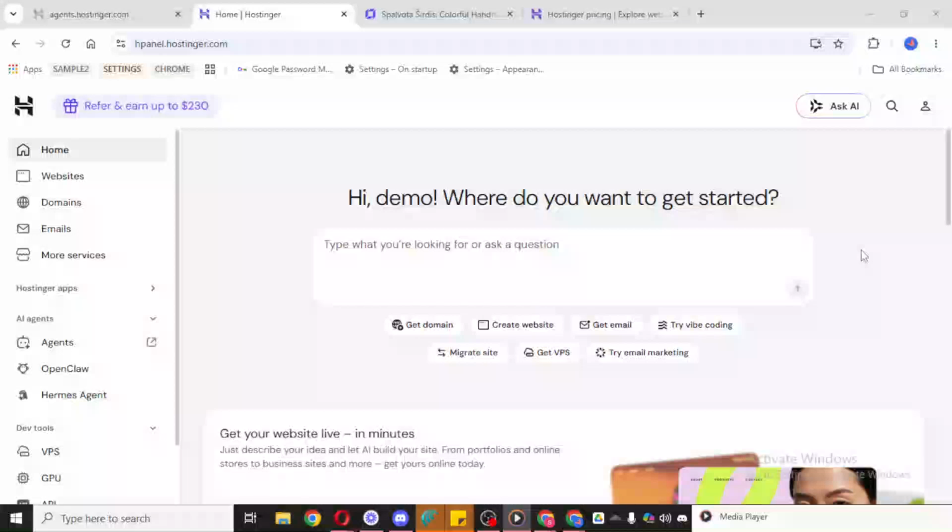In today's video, I'm going to teach you how to add an address in Hostinger. If you need to update your account details for billing, verification, or general account management, Hostinger makes the process fairly simple. In this walkthrough, I'll guide you through exactly where to go and what to enter, so you can add your address correctly and avoid mistakes along the way.